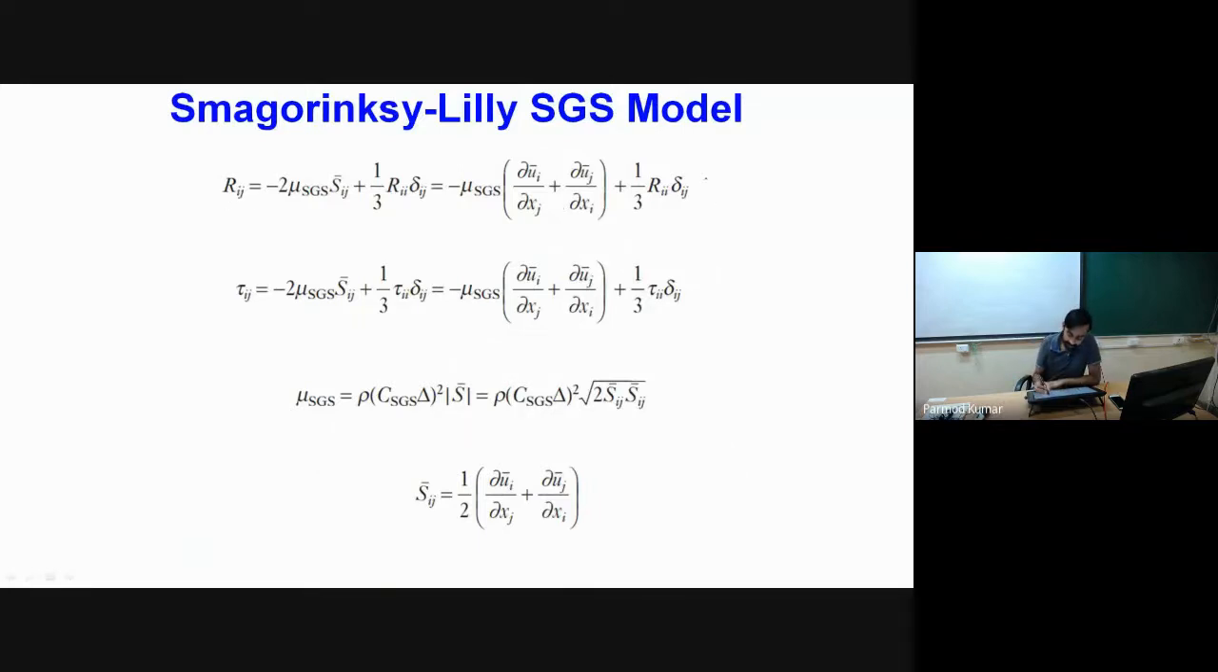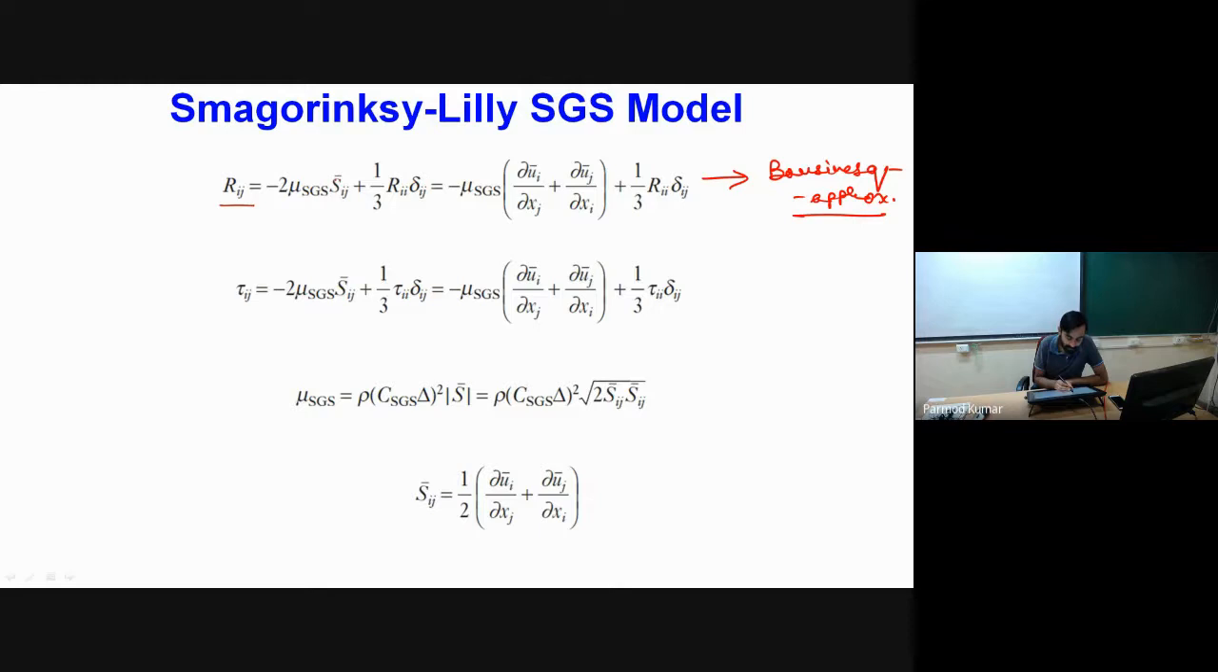You can see this model is actually similar to our Boussinesq approximation. So what we do in case of the Boussinesq approximation, we write Reynolds stress as nothing but 2 mu times, where mu we used to take in case of RANS simulation as eddy viscosity. Over here we will be calling it our SGS viscosity, times